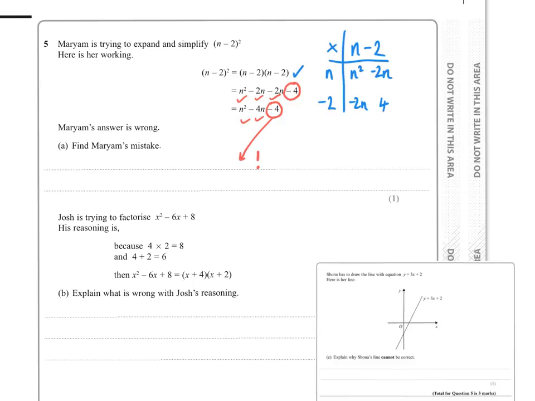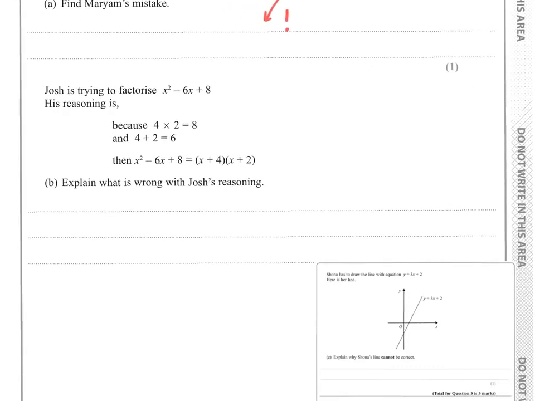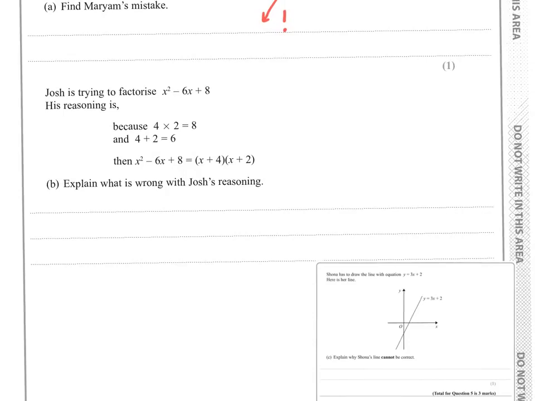The next part says Josh is trying to factorize x squared minus 6x plus 8. And his reasoning is, because 4 times 2 equals 8 and 4 plus 2 is 6, then x squared minus 6x plus 8 is x plus 4 times x plus 2. Well, he's nearly correct here, but I think that the situation is that he should be looking for